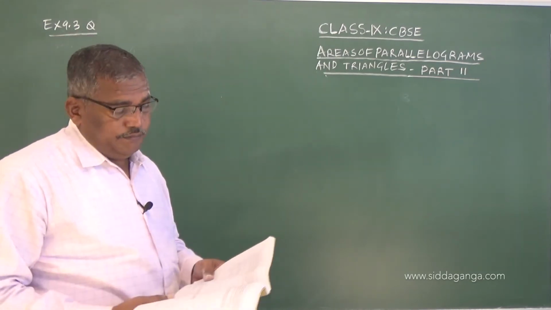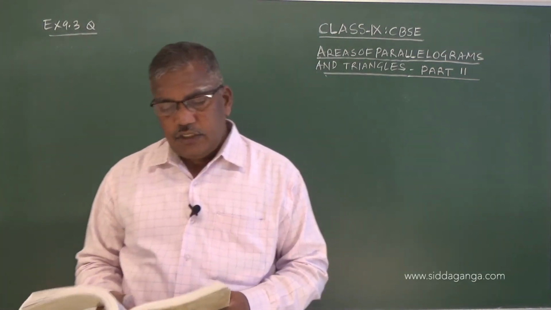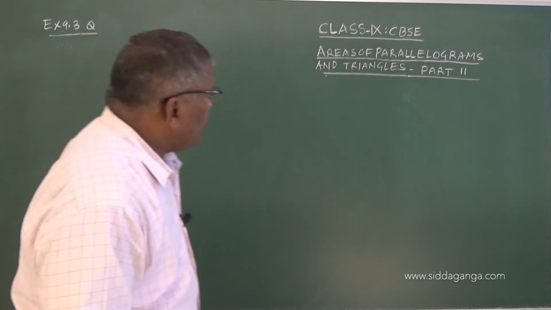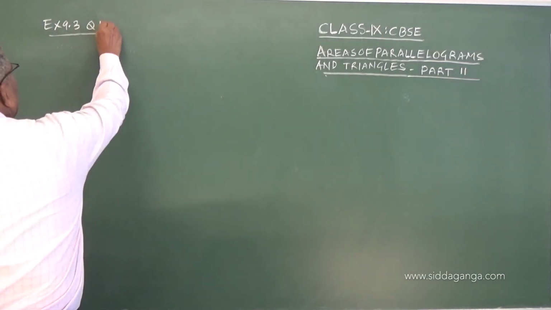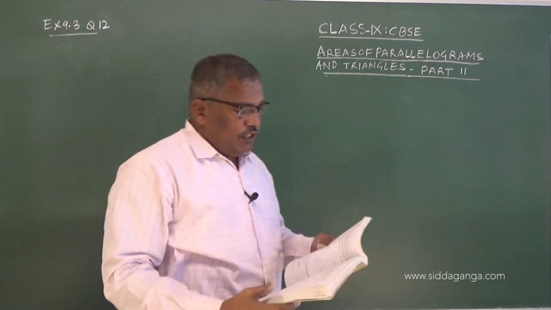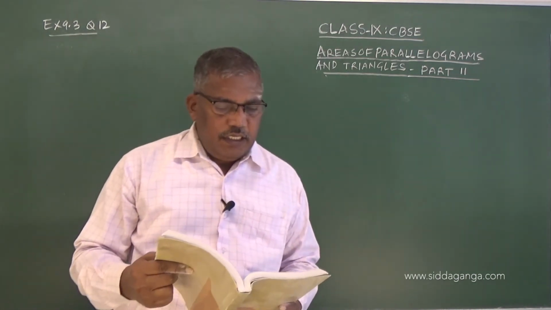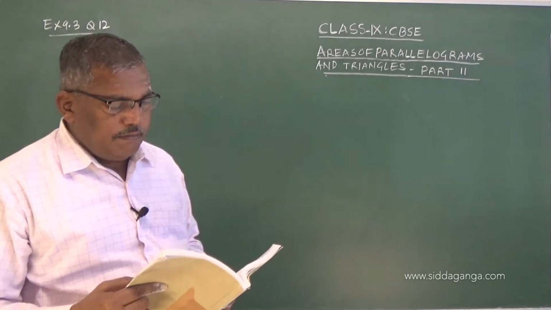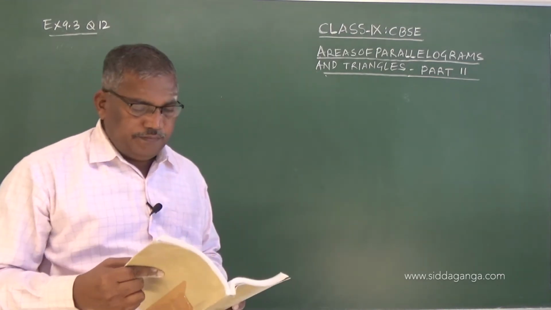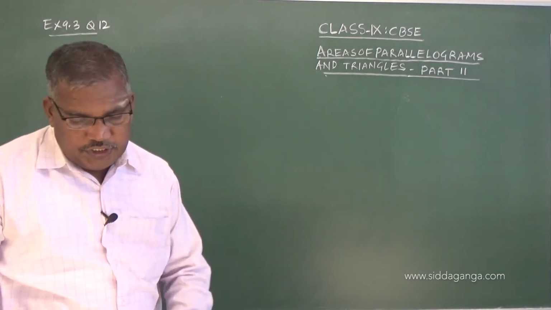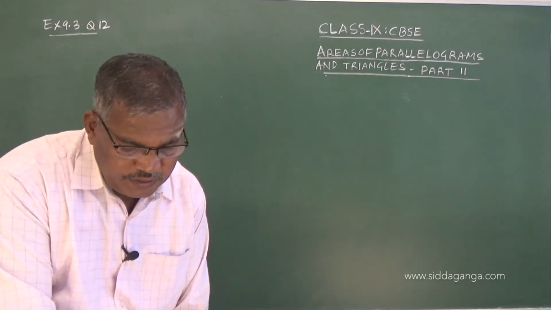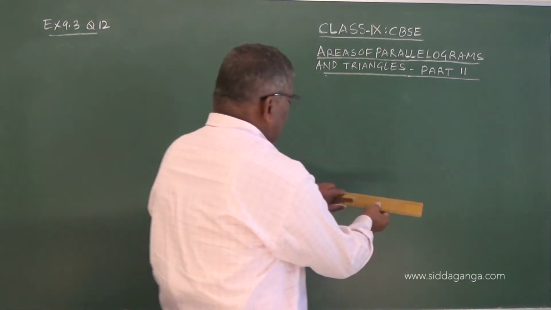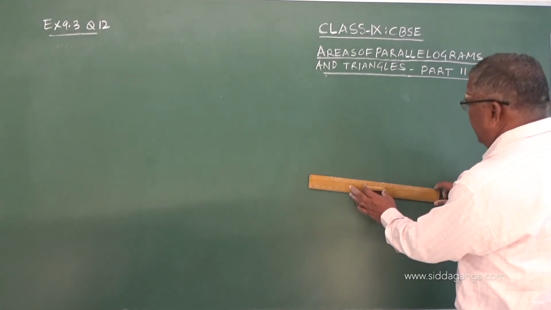So, 12th one, a detailed explanation is given. Dear students, you have to read it carefully and then prepare the diagram. So, question number 12. The question reads like this: a villager, Itwari, has a plot of land of the shape of a quadrilateral. So, a quadrilateral shape is given. You can draw a quadrilateral. So, first I will draw the quadrilateral.